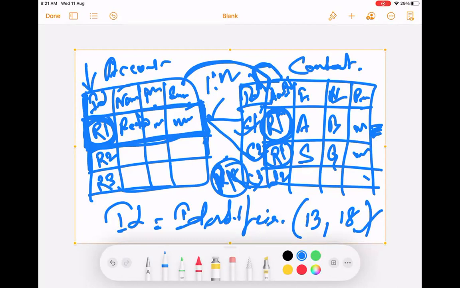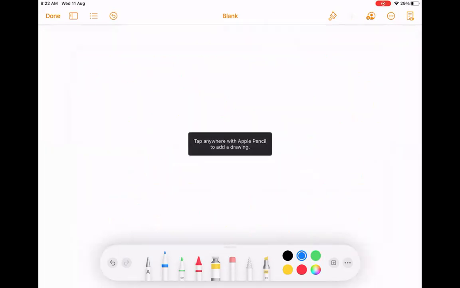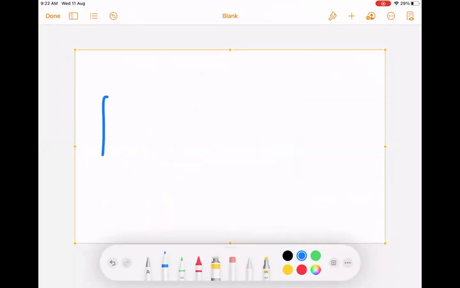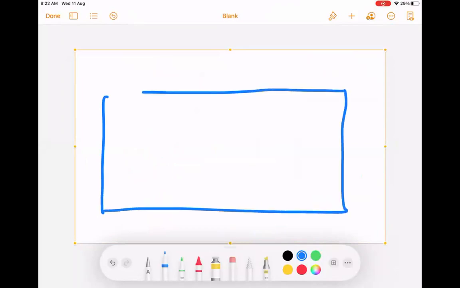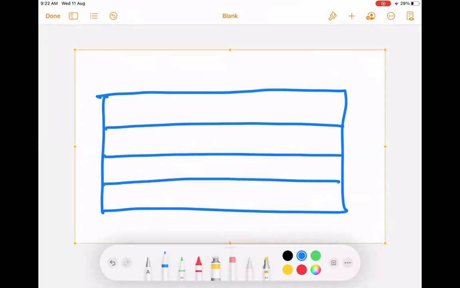I have a question: why are we writing R1 in both rows? Because this contact belongs to account one, and this contact also belongs to account one. I'm not getting why we are writing R1 two times in the contact table. Because contact one and contact two both belong to the same account. Okay. Yeah, that is the account ID.